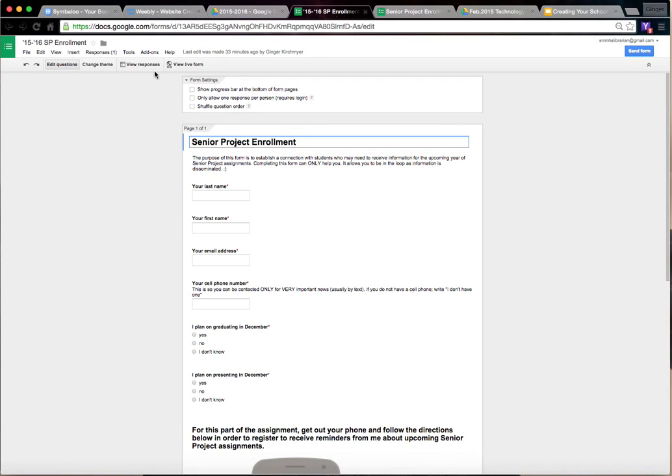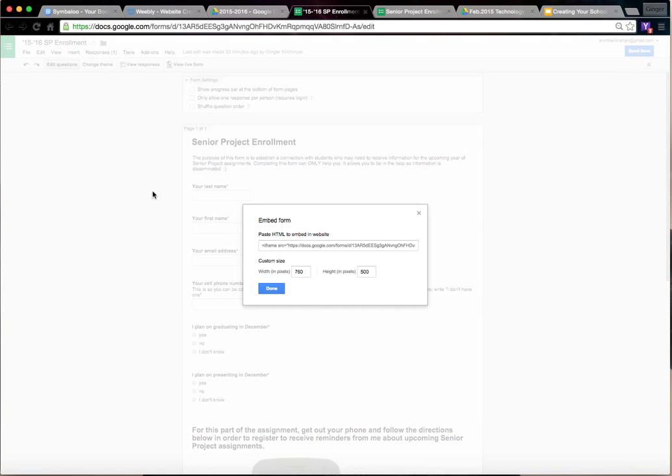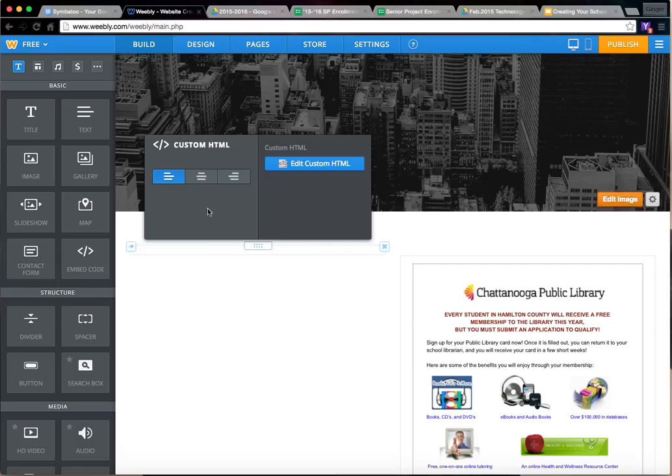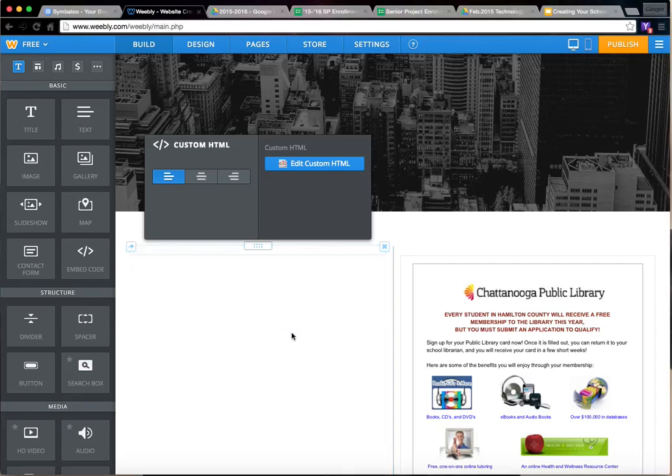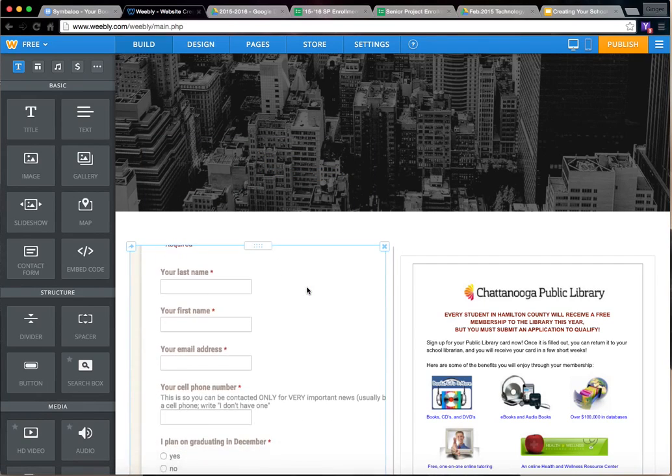So if you create any of these forms for your students to fill out, you go right over here to File and then Embed, and then you can get the HTML code. I push Control-C or Command-C on a Mac, and then I go back to my Weebly site and I edit custom HTML, Control-V, and then I look at it,